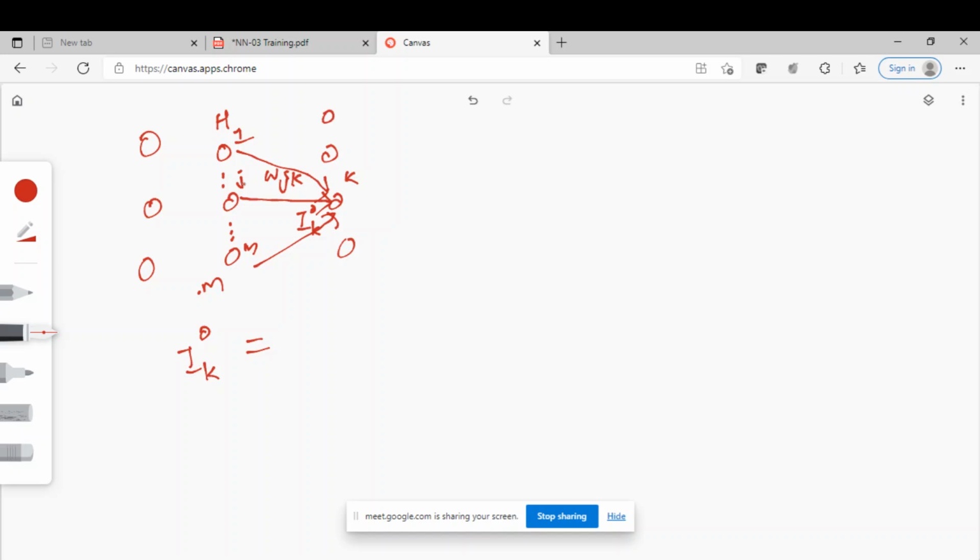Now you see this equation. This is how we got this equation. IKO, the input to the kth neuron of the output layer, is nothing but W1K O1H